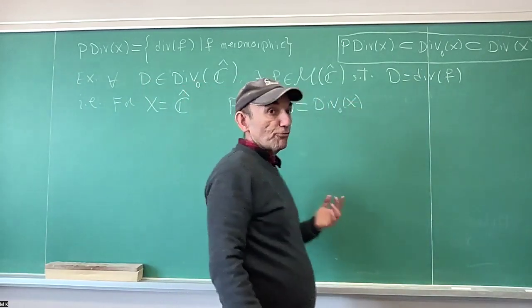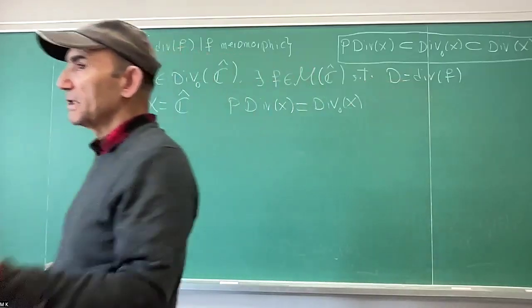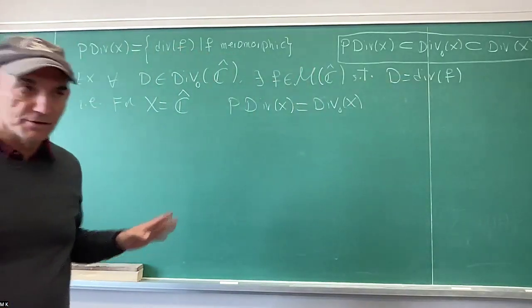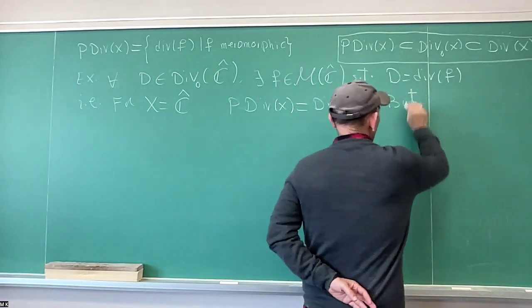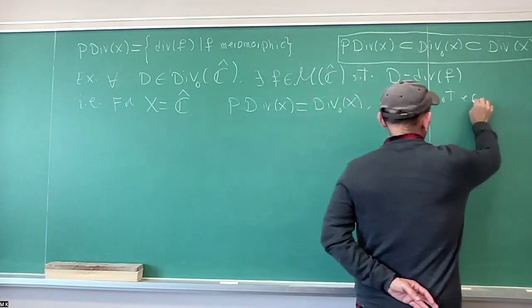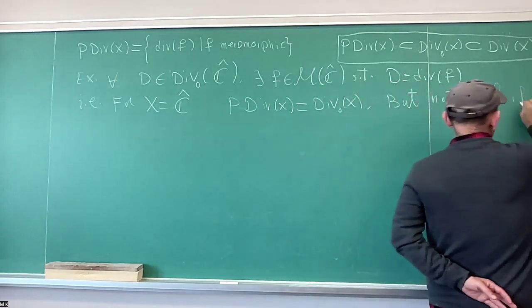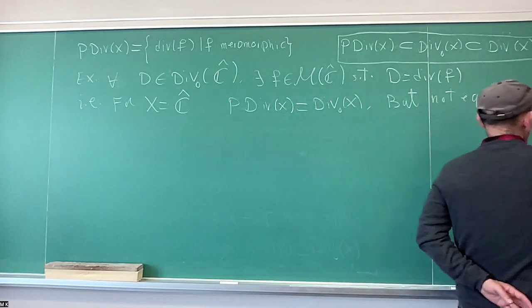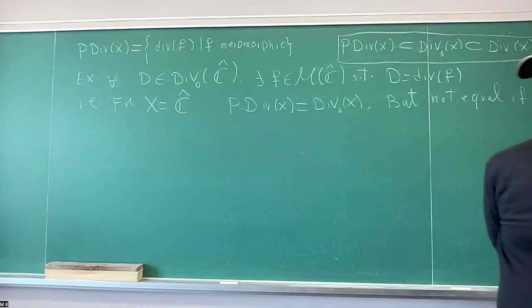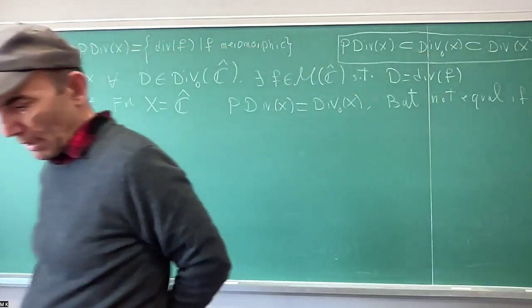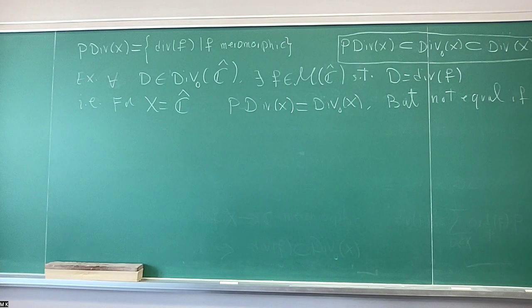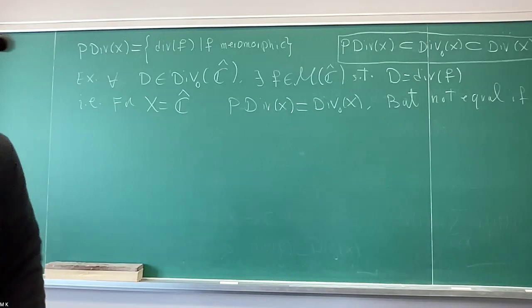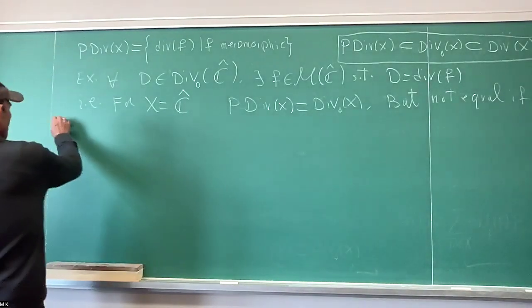But we'll see that for all other Riemann surfaces of genus g bigger than or equal to 1, they are different, not equal. If the genus is bigger than or equal to 1, they are not the same. We will prove that, but for now, so we defined, okay, so today now,